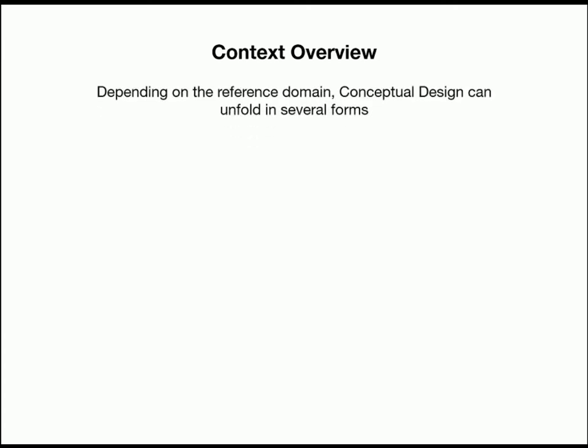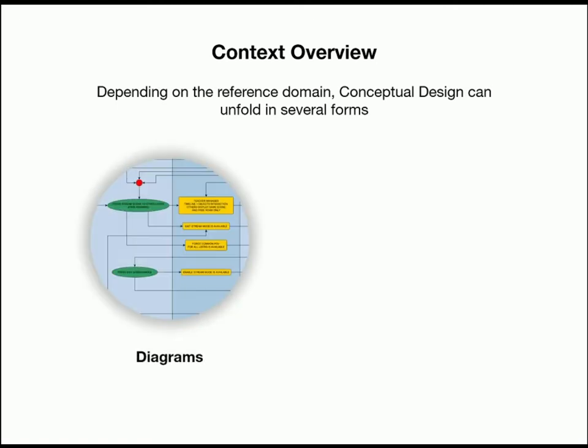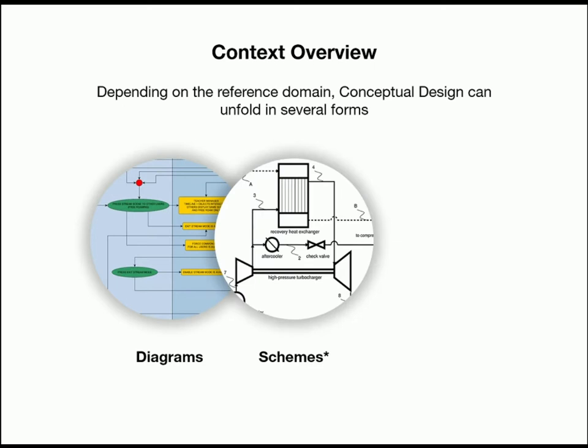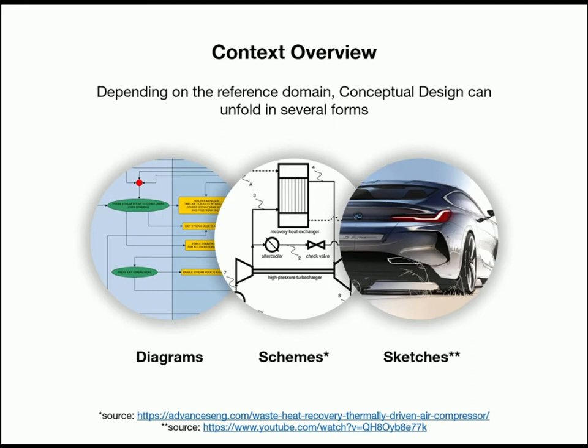Now, conceptual design applies to a large range of subdomains across various engineering fields, and it usually unfolds in different forms depending on this. For example, a management engineer might find effective to use diagrams to quickly sketch up the layout of a production plant, whereas a mechanical or energy engineer would use schematic representation of a given system, whereas a product designer tends to rely on artistic sketches to provide visual information about the identity of a product that is strongly influenced by aesthetic consideration as well.